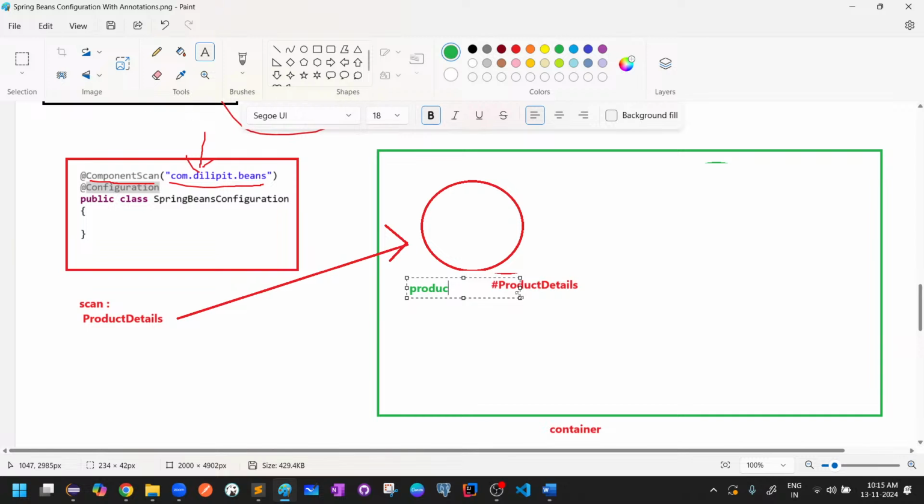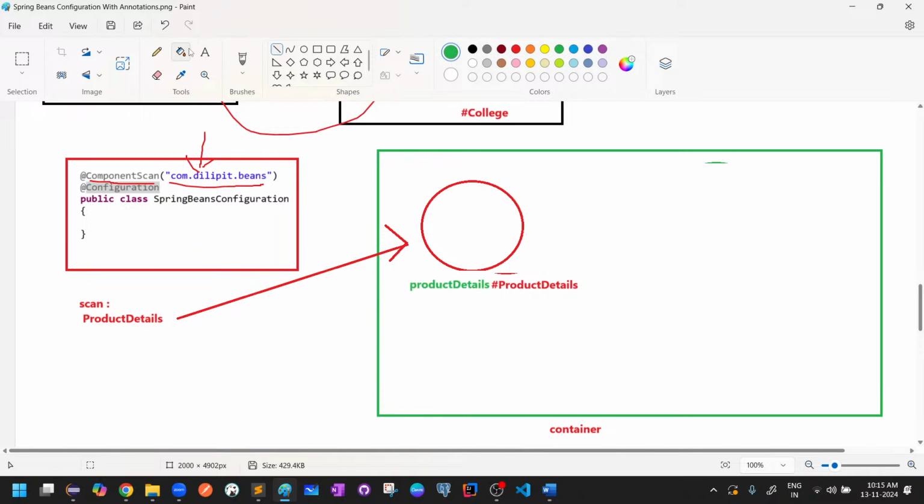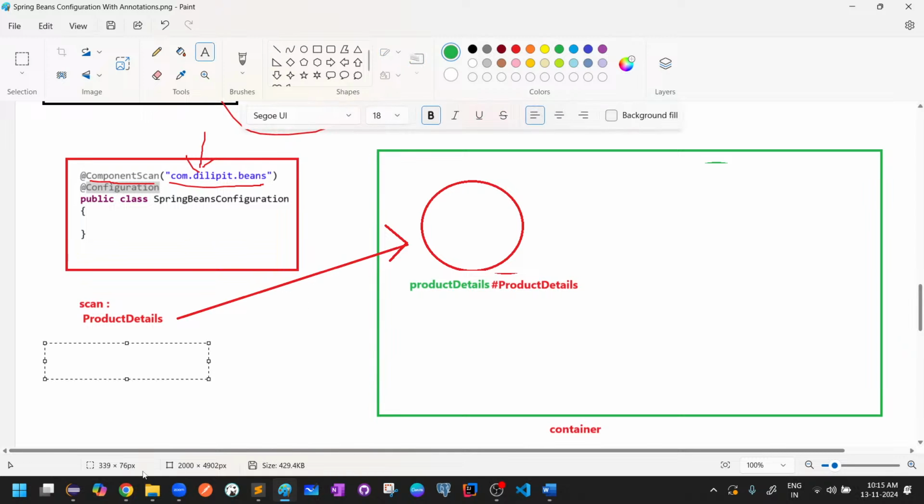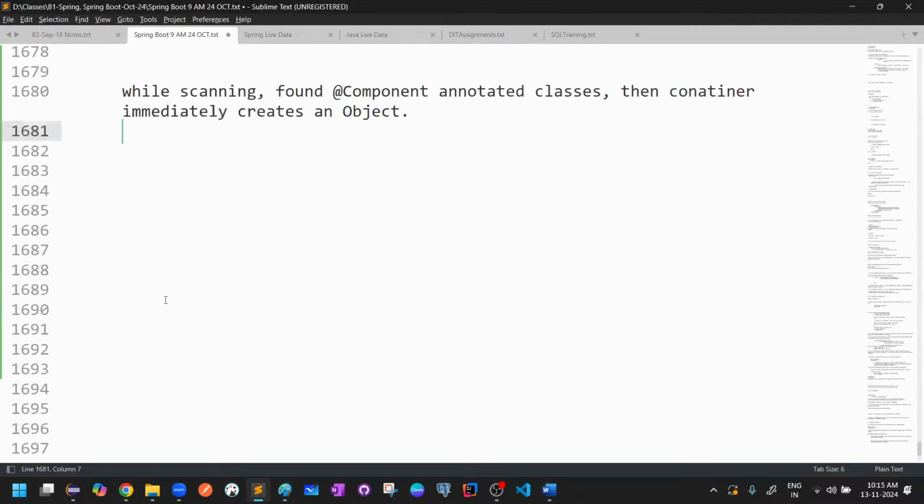So in this case, the class name will become the bean ID: productDetails. But one small thing Spring will do is, it will not copy the class name as it is. If you observe here, this is how bean IDs will be taken. The note here: when the container created a bean object for a component class, then